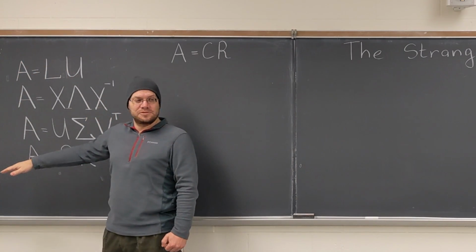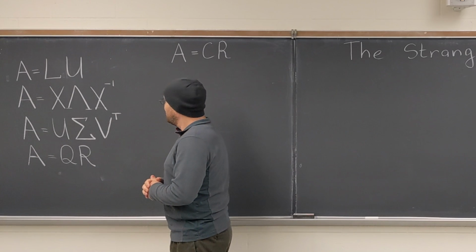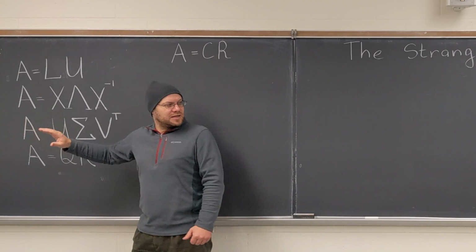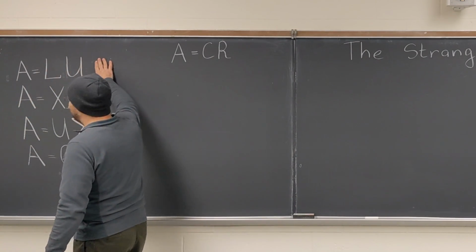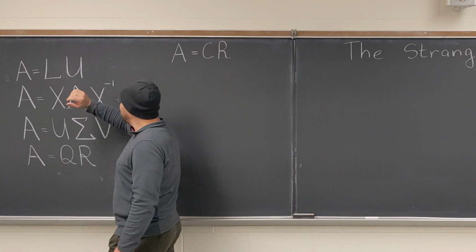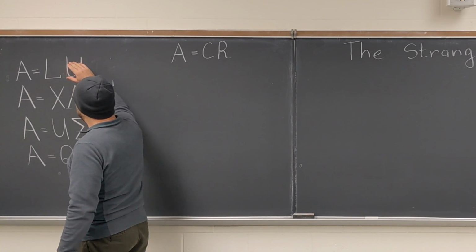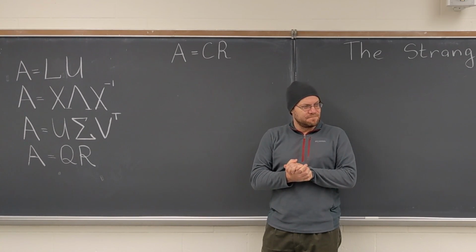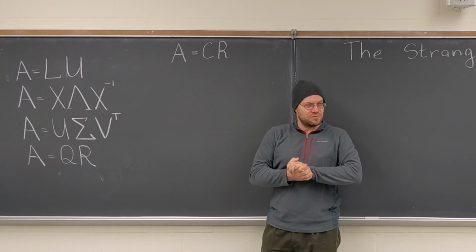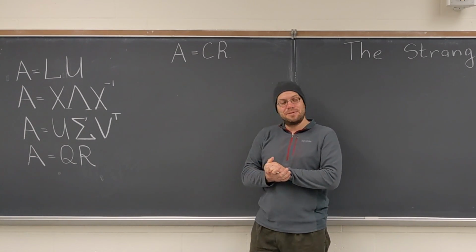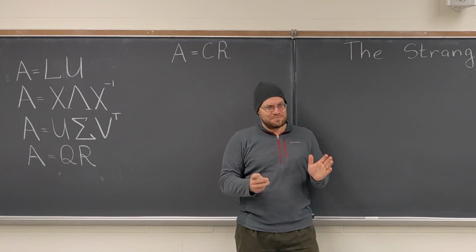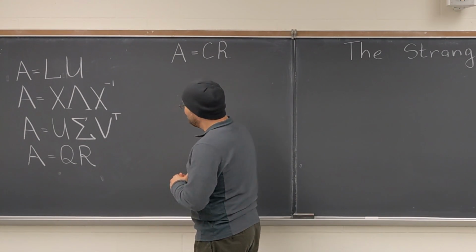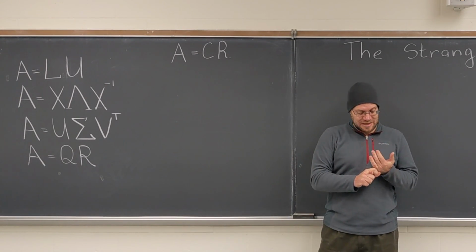Now I'll say a few more words about each one of these, but in all cases you have a complicated arbitrary matrix on the left, and it has no structure, we don't quite understand what it's doing, and so on. And it is represented as a product, so matrix identities, decompositions are all about products. And it's represented as products of either simple matrices or highly structured matrices. So they're all about insight. So representing complicated things by combinations of simple things is always a positive thing to do in all walks of life, but especially mathematics. So that's number one reason why we like matrix decomposition.